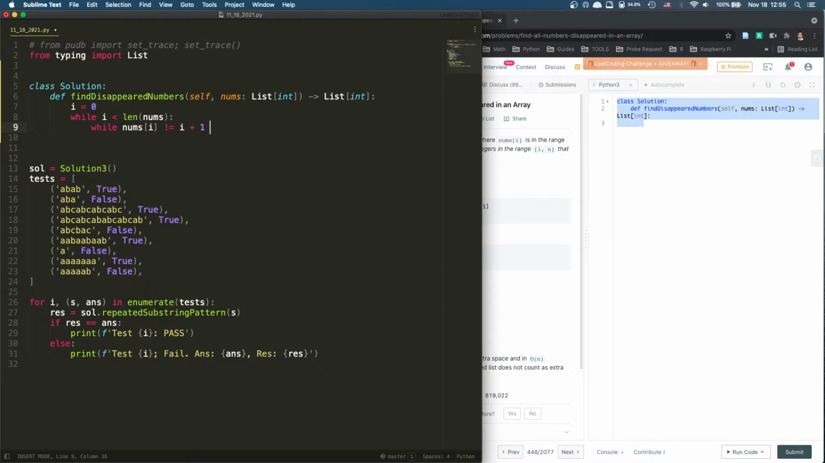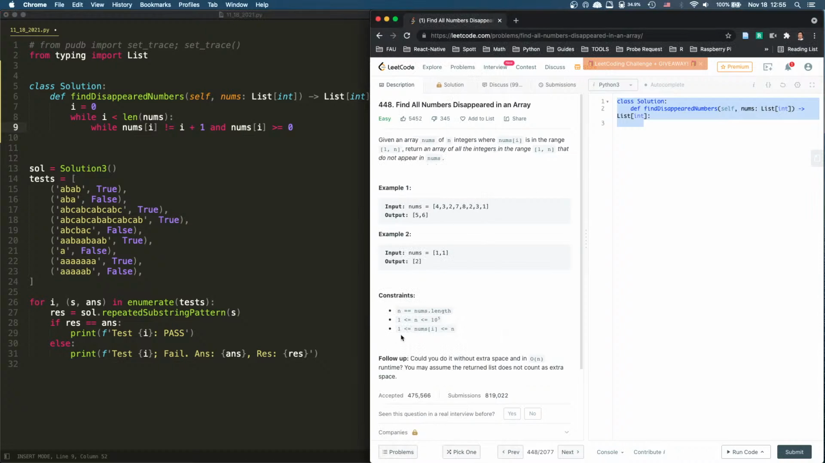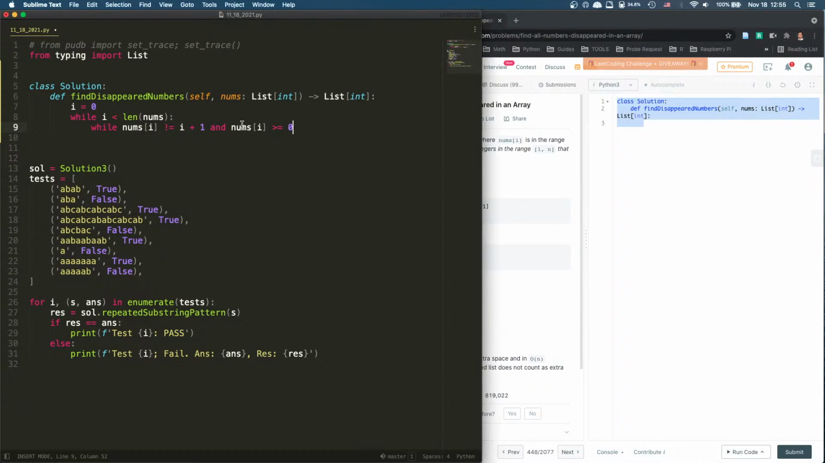and nums[i] is larger or equal to 0. I can set it to 0 as a sentinel because 0 is not going to appear, there'll be no 0. I'm going to start from 1. So we just say while nums[i] and nums[i] is not equal to this,